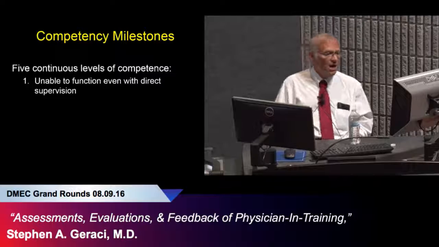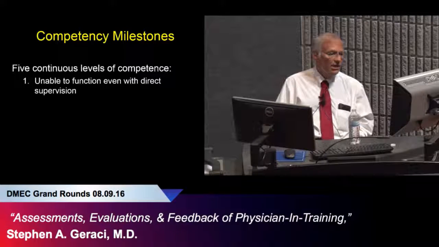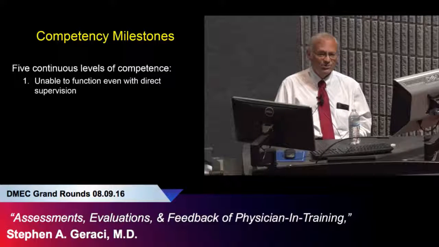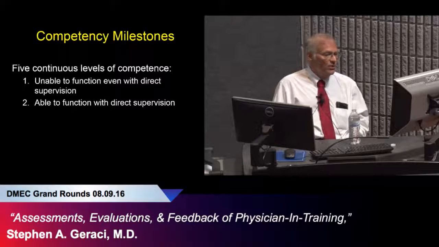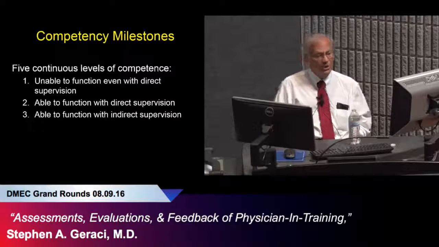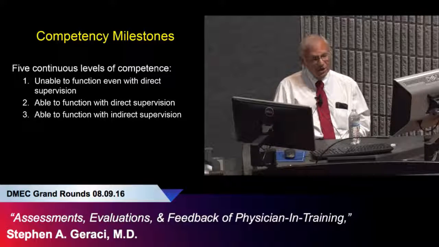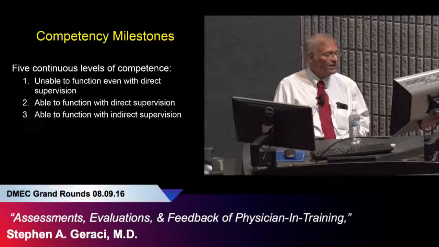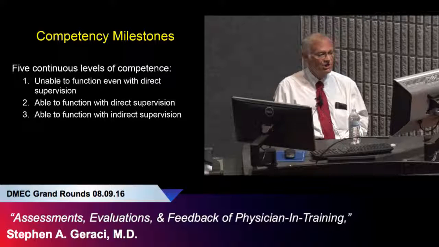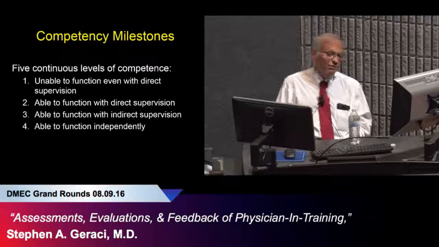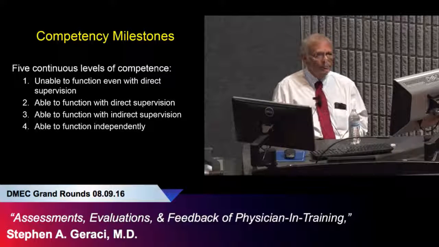You know, the competency milestones at one end of the extreme, they can't get this done even with direct supervision. You're standing right next to them, telling them what to do, they still can't do it. Second, they can do it with direct supervision, so you tell them what to do and they do it, and then you tell them what else to do and they do it. Third one is they can do it with indirect supervision, so you've kind of told them what to do, but you're not there, they do it, and then they report back to you that there were no complications if it's a procedure. Able to function independently, and this is the level everybody who's completing a program should get to in